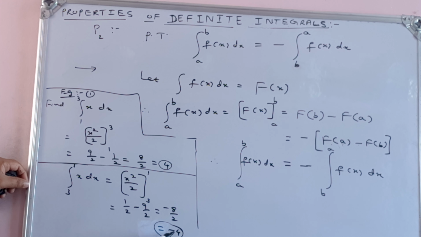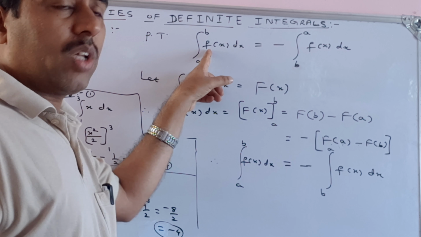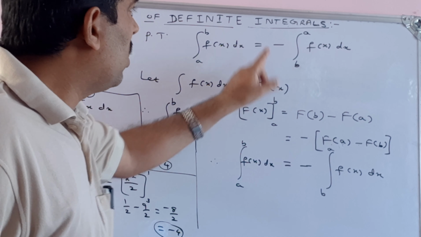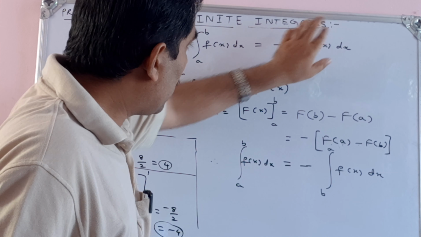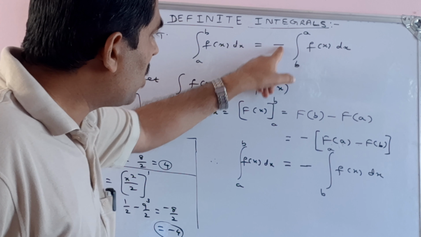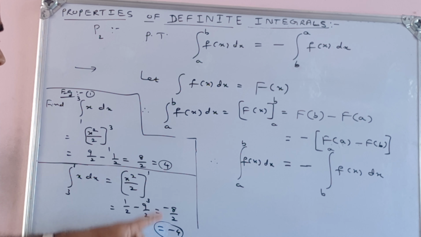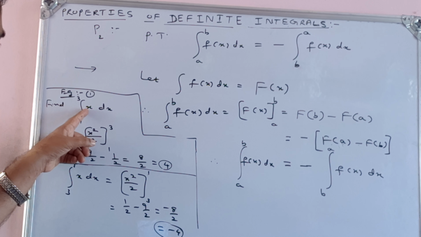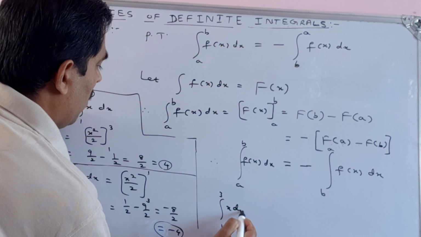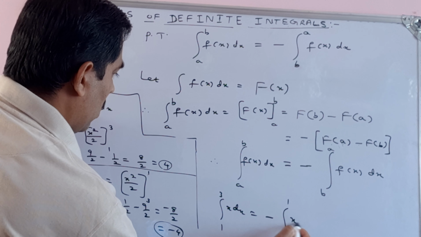If I interchange this, that will be negative. So this second property says, if we integrate a function by considering the limits from a to b, that is as good as this answer; if I interchange these limits of integration, that becomes negative, minus of b to a of f of x. This plus 4 gives me minus 4. That means the integral 1 to 3 of x dx is negative of the integral 3 to 1.